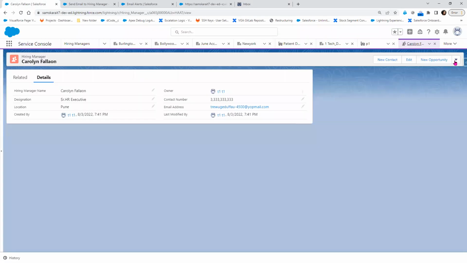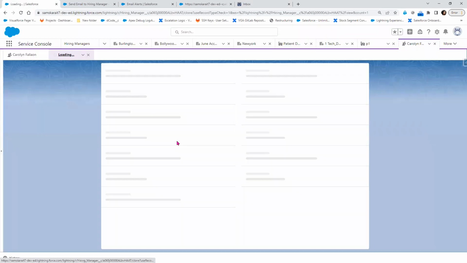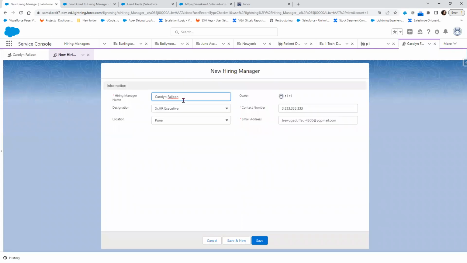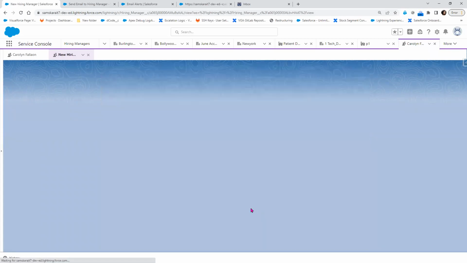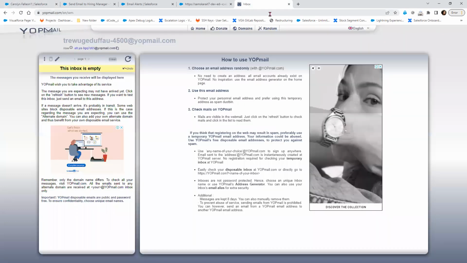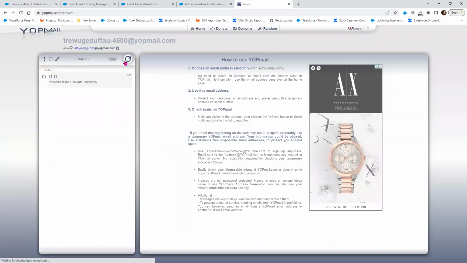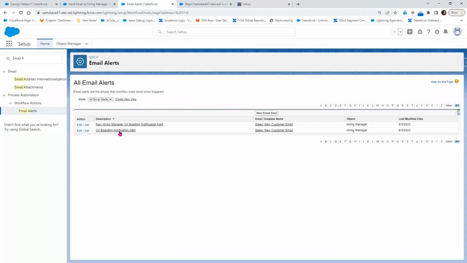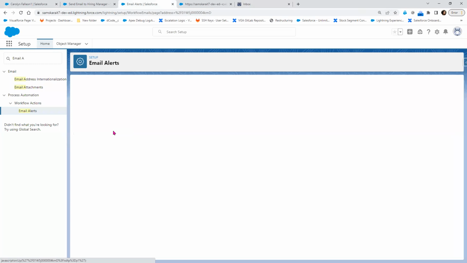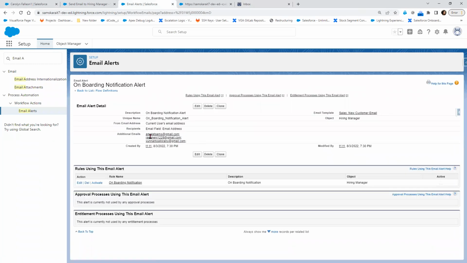Okay, now I'll go ahead and create a new record just by cloning an existing one. So let's save. As soon as this record is created, we received an email. I think Amala, you might have received an email because we use the onboarding notification. On the onboarding notification, we have additional emails. Amala,